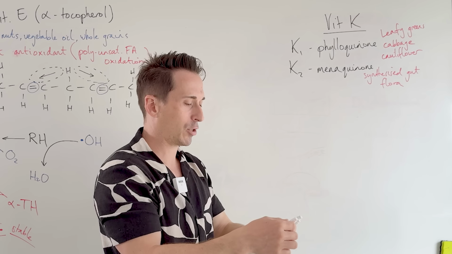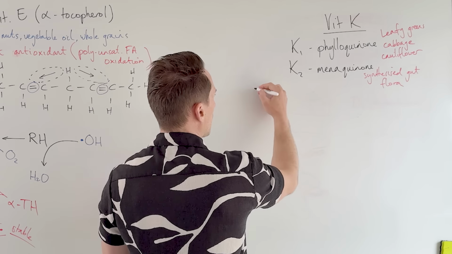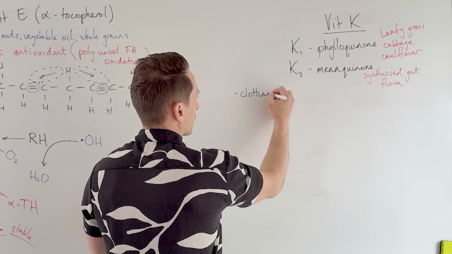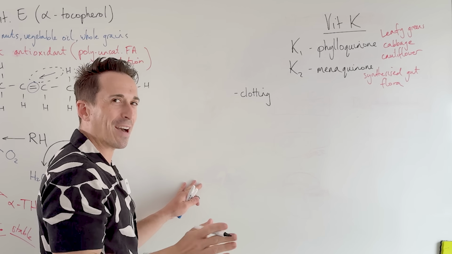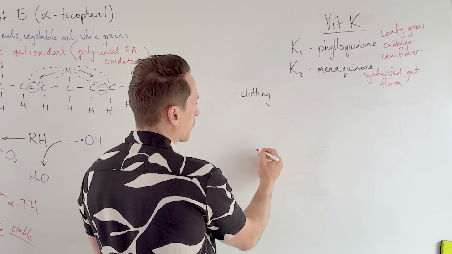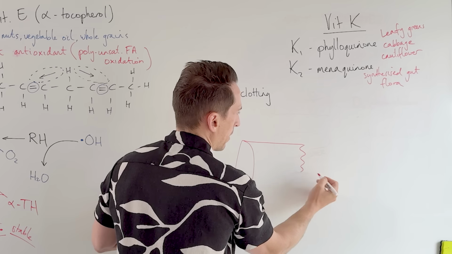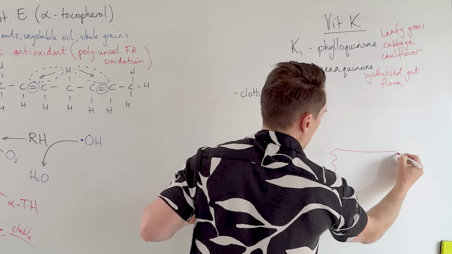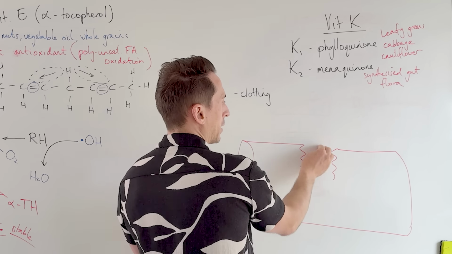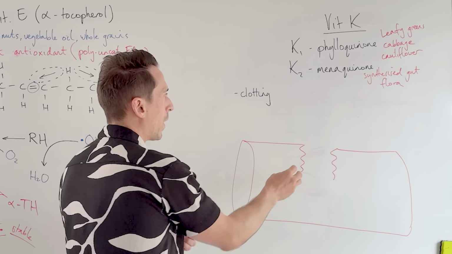So what does vitamin K do? It does a couple of different things. Firstly, vitamin K is really important for clotting. Now, how does it do this process? So if you've got a blood vessel, and let's say this blood vessel is damaged, the last thing you want is to bleed out. Last thing you want is for blood to leave. Lose blood volume, lose important products. Not a great thing. So we need to block this up.